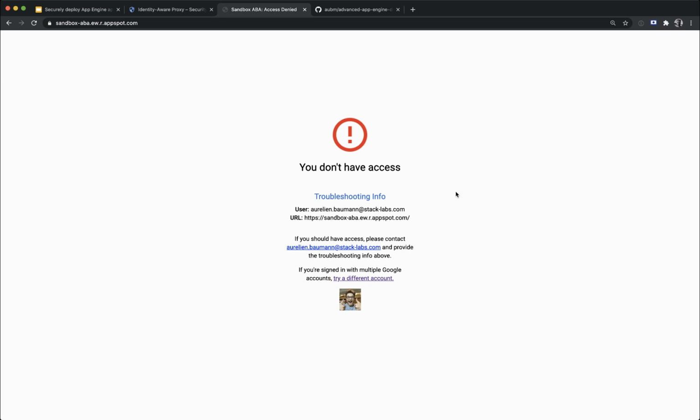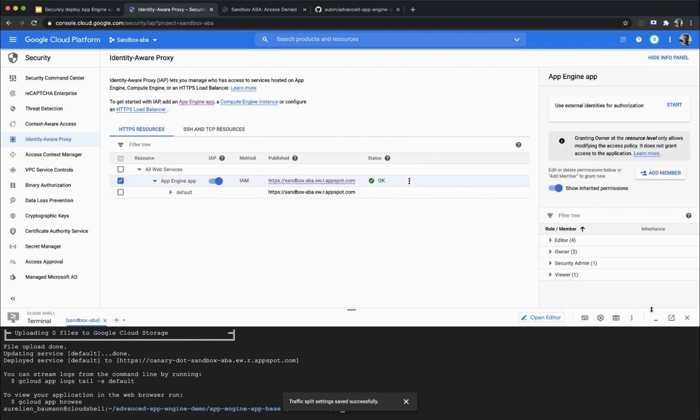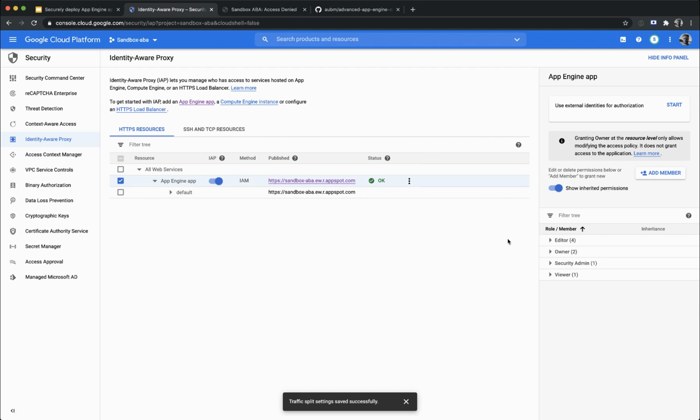So now I'm authenticated, but there is a second problem, that is I'm not currently authorized to access the data. So for that, I need to configure the identities that are allowed to access this particular application. So for that, I'm going to review the information in the right side panel here. So this is the complete list of identities that are allowed to make modifications to the configuration. Here, what I want to do is add a new member,